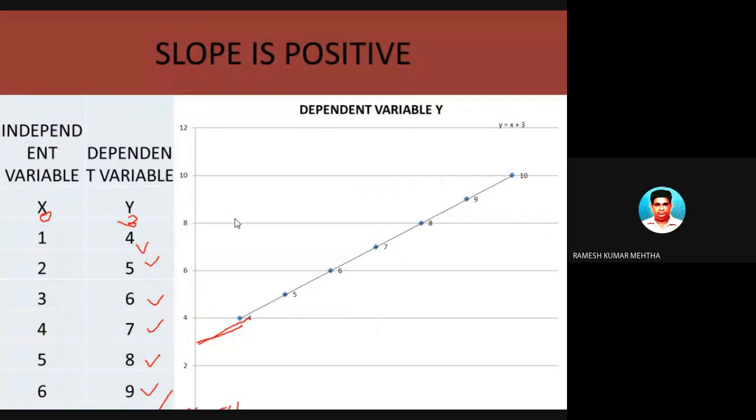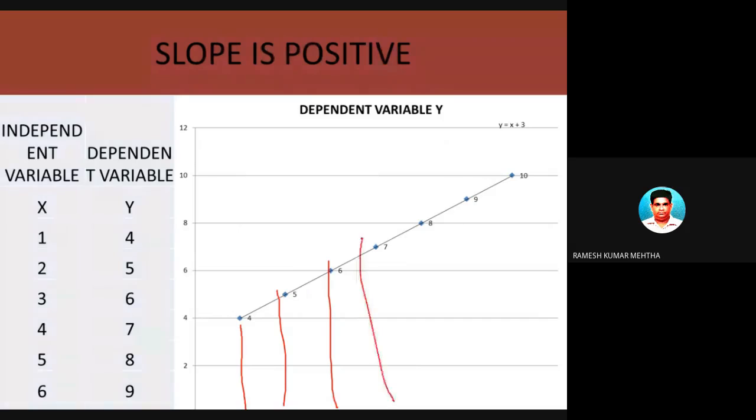I'm telling you the most important point. It's very difficult, but I'm making this very, very easy for all of you. So please pay attention. When x was 1, you got 4 marks. When it was 2, you got 5 marks. When it was 3, you got 6 marks. When it was 6, 9 marks. When you got 7, you got 10 marks.